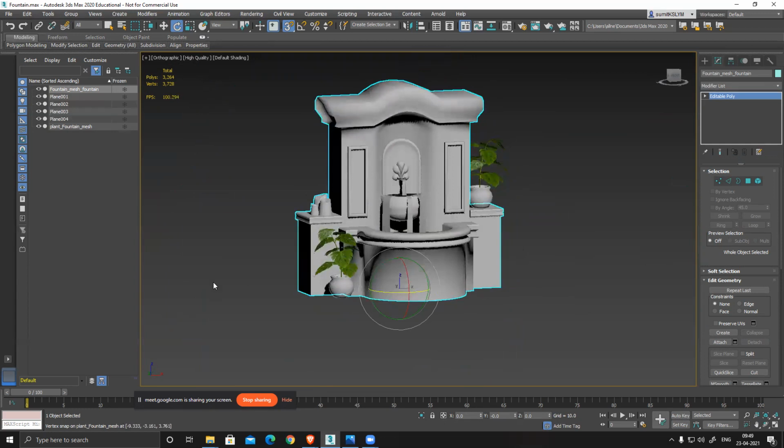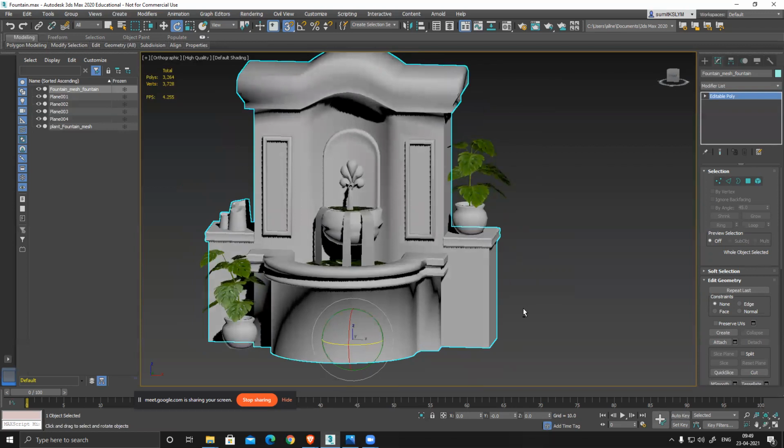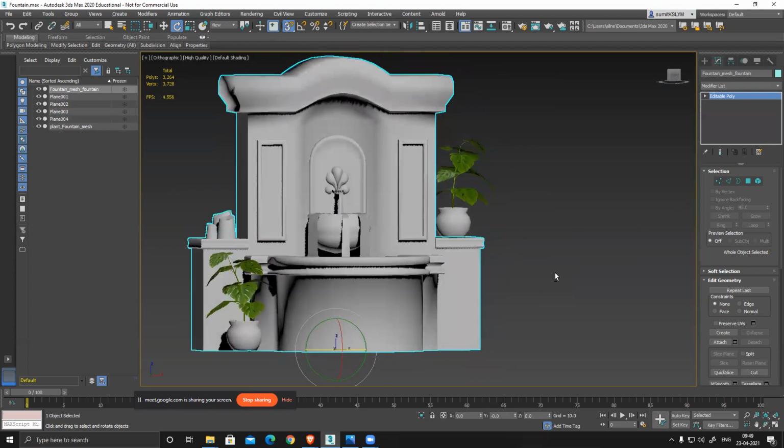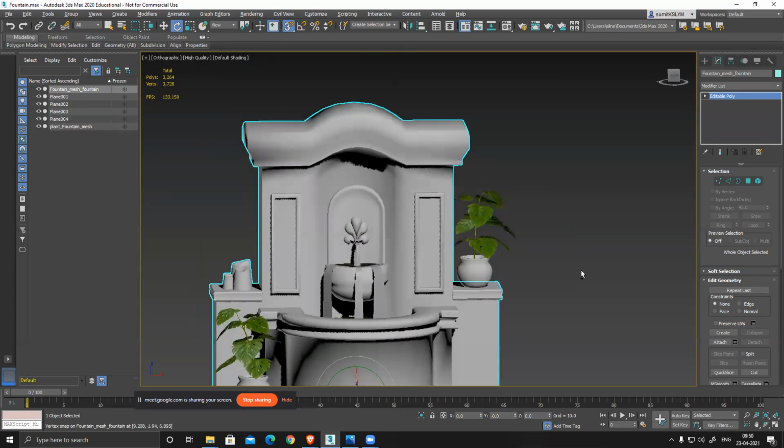Okay, so now I need those leaves and those things to create. So let's see, those ivy I can generate. Traditionally in games, for generating foliage, there is software called SpeedTree. We use it. In this case, we're not using it because we should know the manual process also, because what if you don't have access to that software? In that case, you have to create it manually. So how I created the spot and everything, similarly I'll create all the alphas.